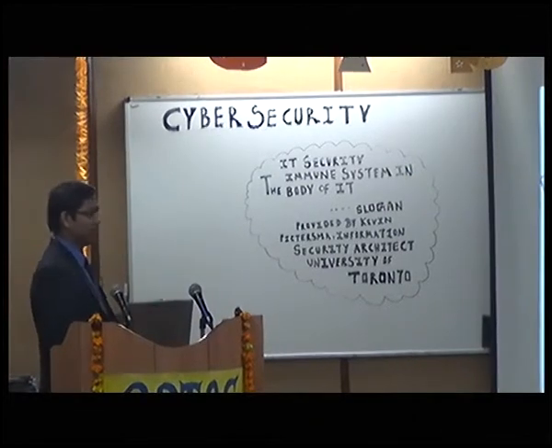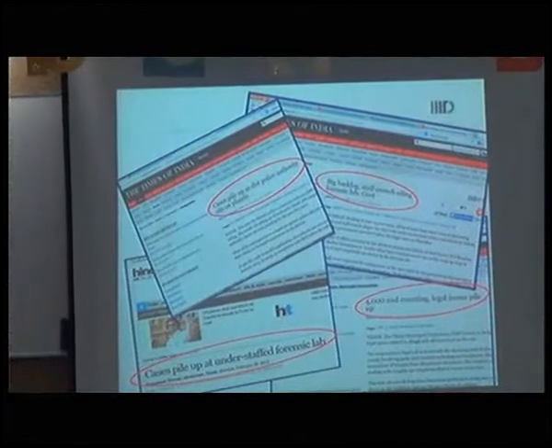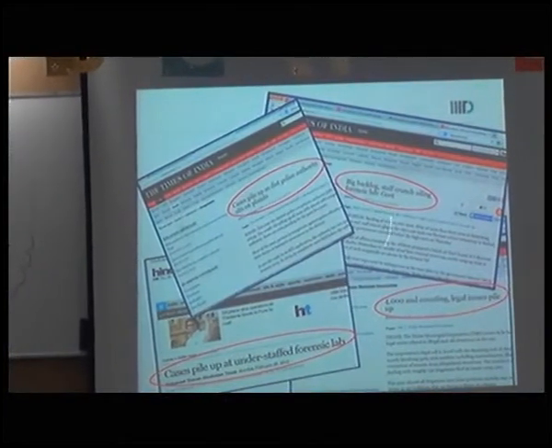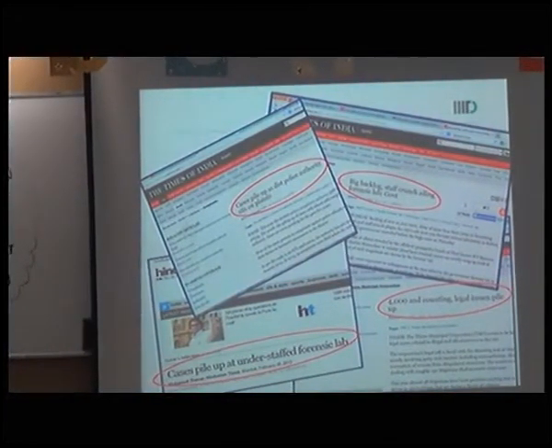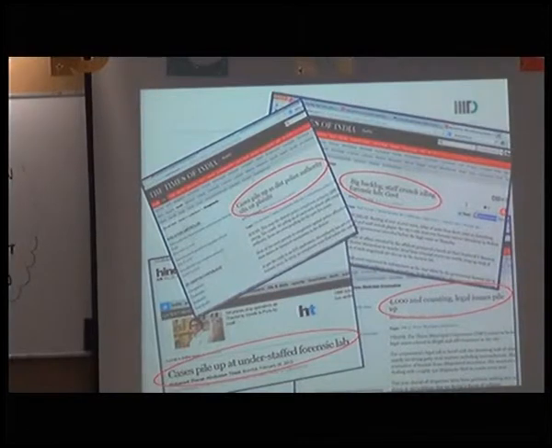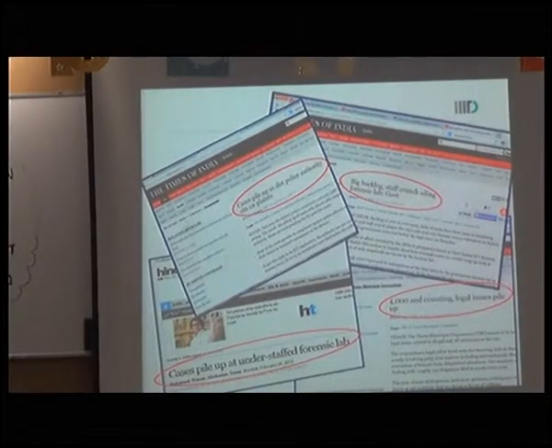A few of my friends here say that they are overloaded with work in forensic labs. We have seen cases piling up in forensic labs. One reason is they are understaffed, but there is one more reason: the technological developments are not reaching the forensic labs. Most forensic labs are using tools which probably do not scale up with the technology. You might have seen that every day there is a new phone launch.